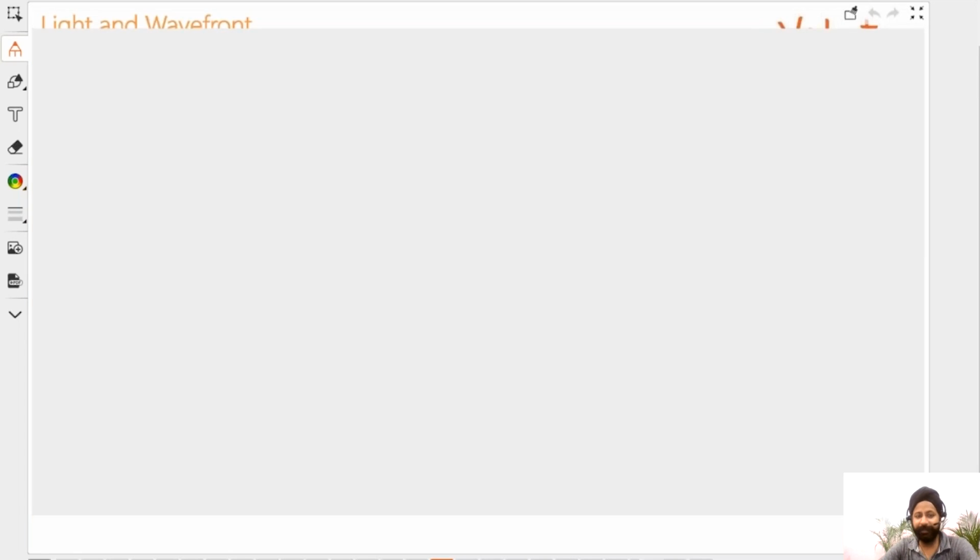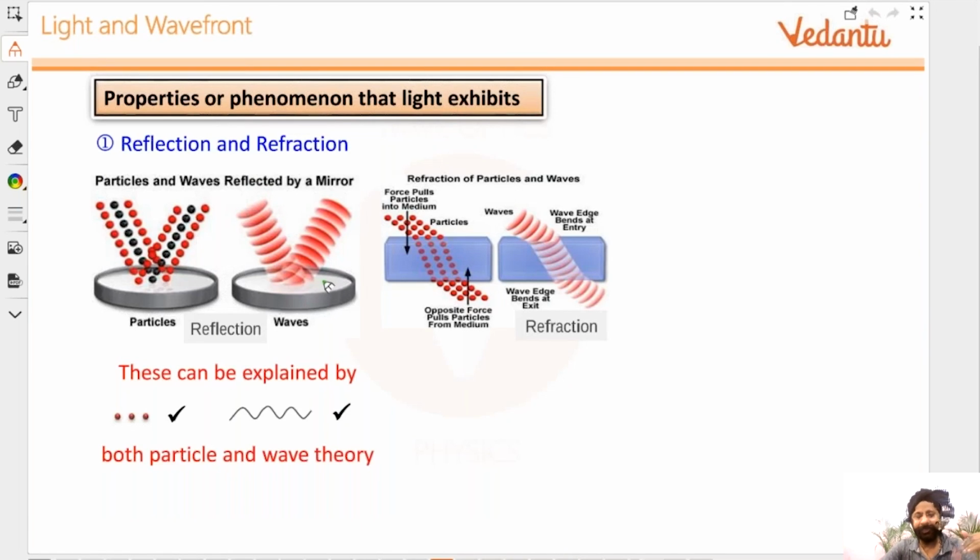Okay, these are the things we have already covered. So when you look at the light reflecting off the mirror, you can think of light being particles or you can think of it being waves, doesn't matter. Both ways you can explain it. This is not a problem at all. Any of the theories will work. Same thing goes with refraction of light. You can equally easily explain the behavior of why light bends. Right? No problem with that. This can be explained by particles or assuming it is wave. Doesn't really matter.